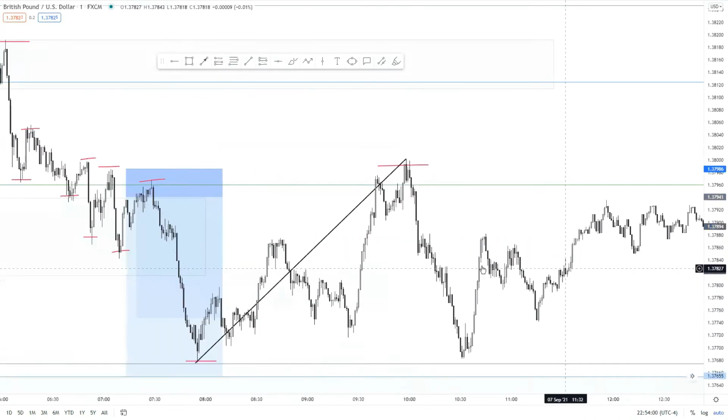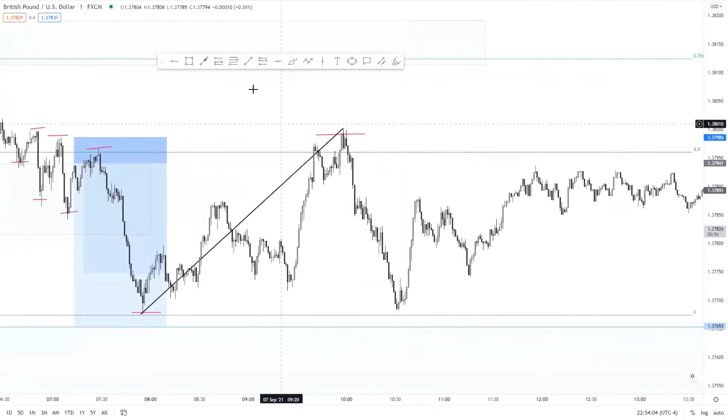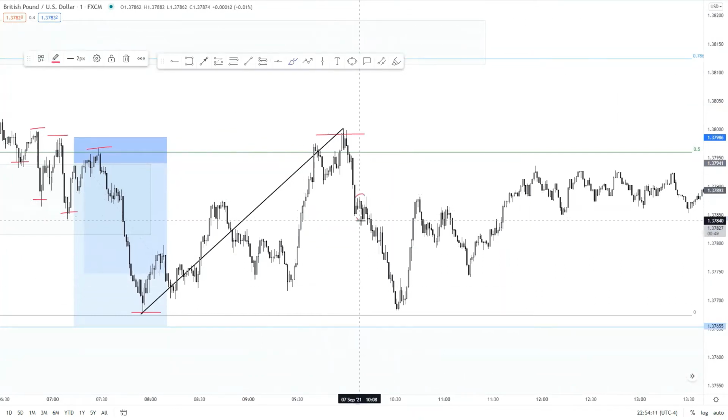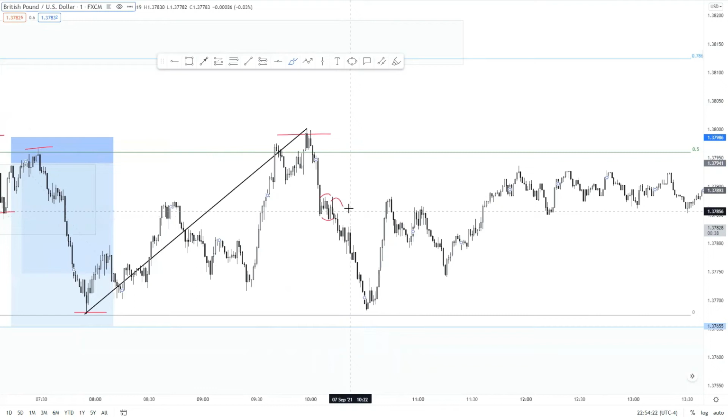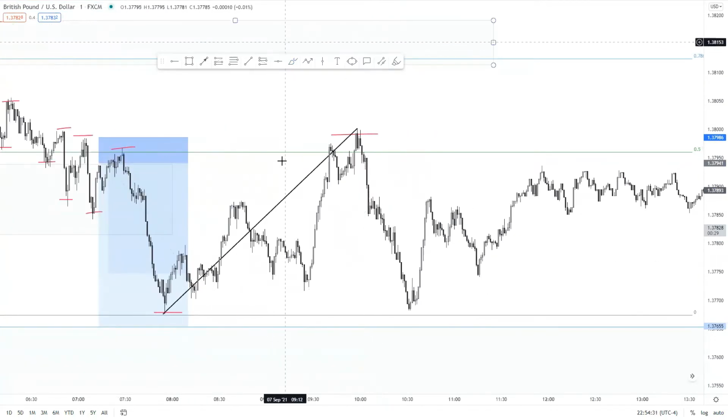But you can see on the micro, like the very, very small time frames, there was actually structure holding. And you have to think of this in a fractal manner. But what I personally would have wanted to see was some type of little tiny BOS just for confirmation. So what you could have done for entry here,